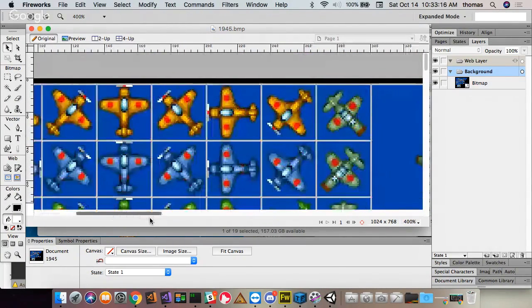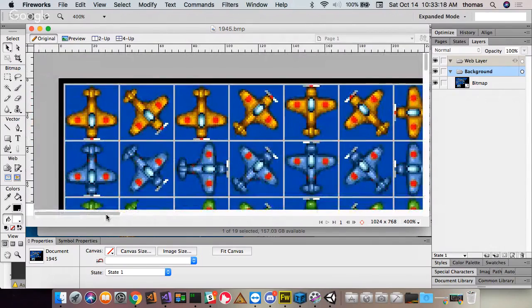Now, what could you say is the problem, first of all? Can anyone see a problem with the way this sprite sheet's laid out? Imagine if you grabbed this from the web, right? What would you do? I want to make a sprite sheet. I want to use my plane right now. And I know that my game is set up so that things come down from the top of my screen, okay? So you can see that I really can't use this one right now because I don't have any kind of